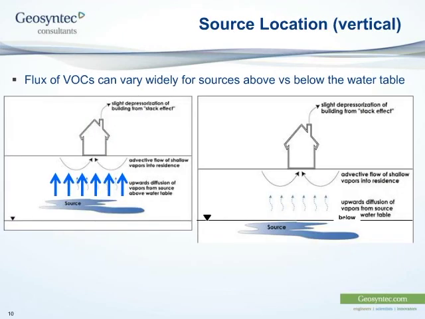So there are several factors. One is the position of the source. If the source of volatile organic compounds is above the water table, then there's a much more direct pathway to the overlying building. If it's below the water table, then chemicals first have to dissolve into water and then permeate across the capillary fringe, then vaporize before they can migrate up. So a source below the water table poses a much lesser risk of vapor intrusion